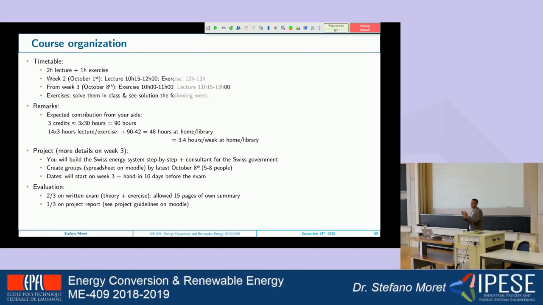So let's say 15 pages of personal summary, which should not be a small version of all the printed slides that you have in the course and all the possible exercises. The idea is that you write down the main notes and the key things that you feel you need to remember at the exam. We don't want you to learn things by heart. The exercises will be similar to what you have seen, so you'll need the formulas and so on, but that's the thing you'll be allowed to have at the exam.